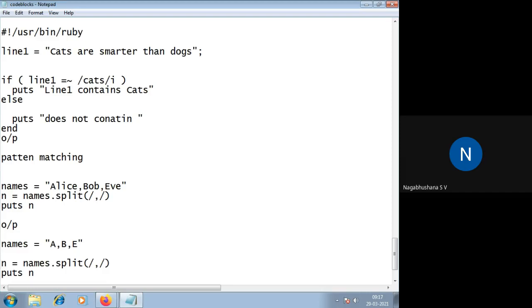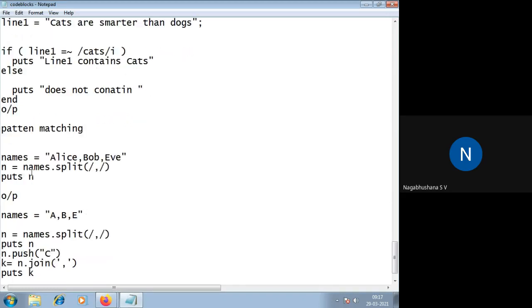Now, another method. Suppose you have names equal to Alice, comma Bob, comma Eve. I am going to split that entire text into single characters.